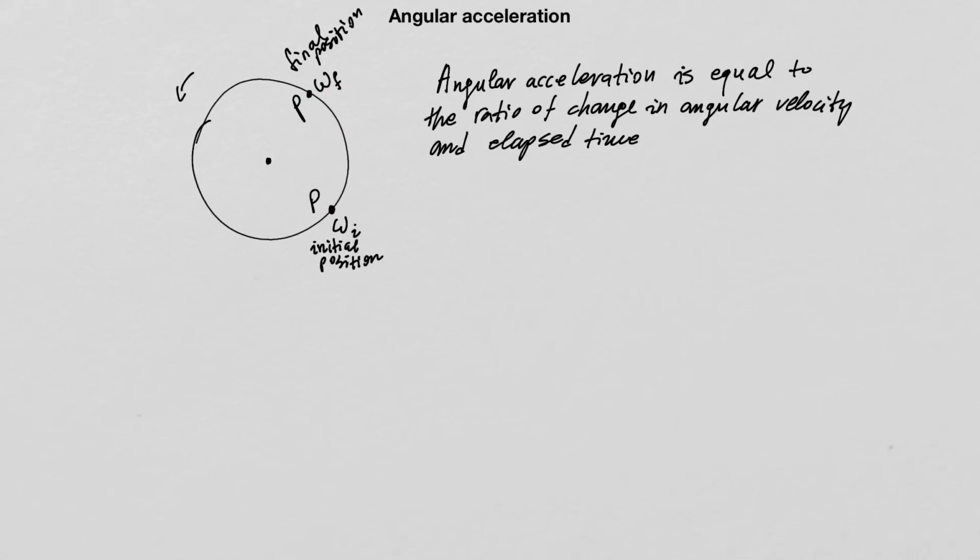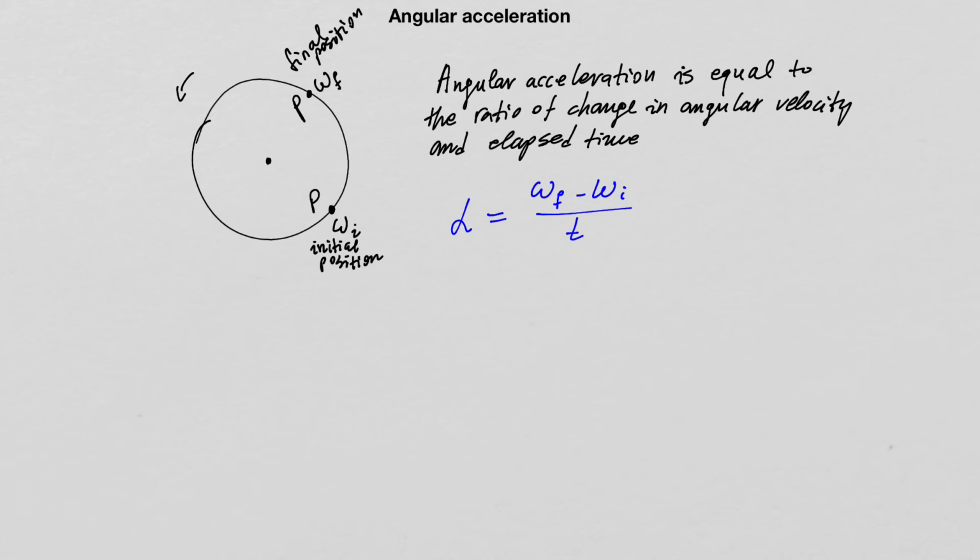Then I can calculate the angular acceleration as the difference between the two values of the angular velocity, omega final minus omega initial, divided by the time for point P to get from initial position to the final position. In other words, the angular acceleration is equal to the ratio of the change in angular velocity and elapsed time. Angular acceleration is denoted with alpha, and this is equal to omega final minus omega initial divided by the time